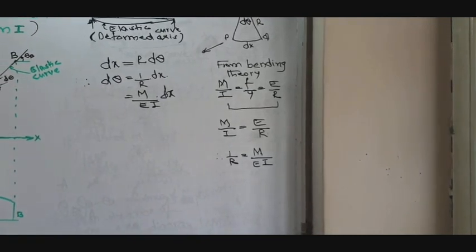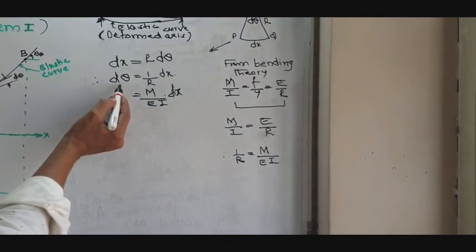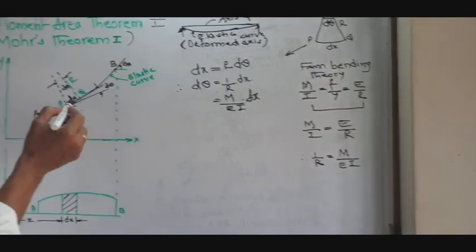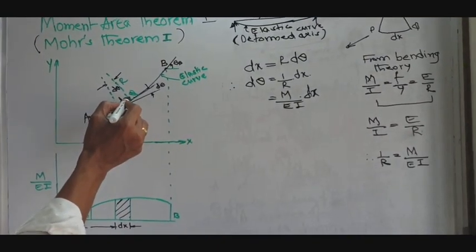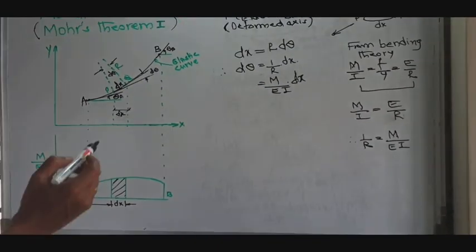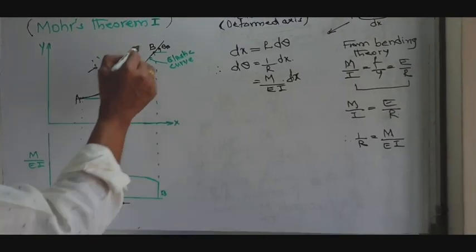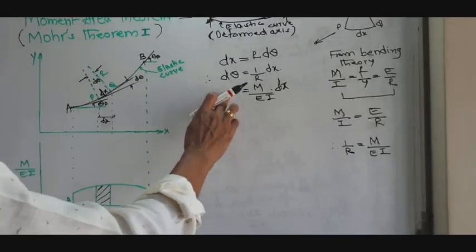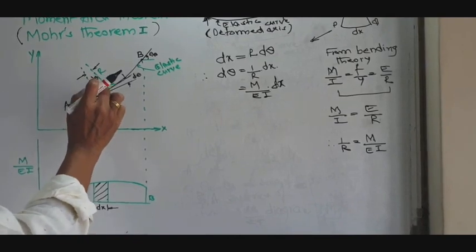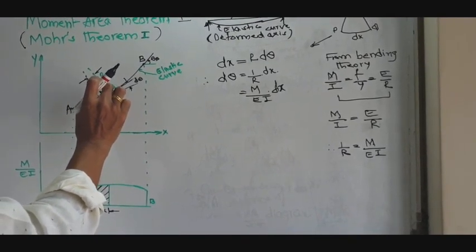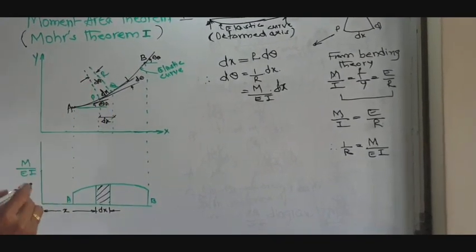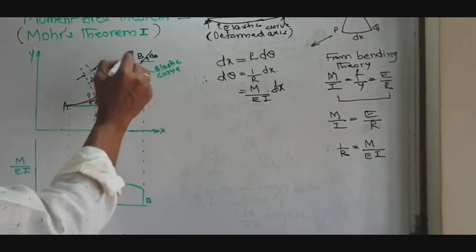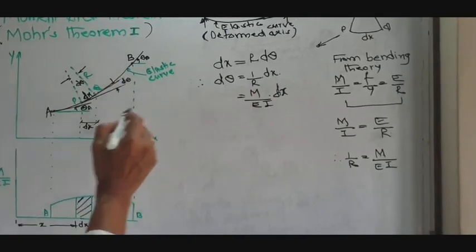M by EI into dx. What is d theta? I said d theta is nothing but the change in slope between the points P and Q. Now, to get the change in slope between, say, A and B, this is the expression for change in slope between the two points which are at a very small distance, say, dx. To get the change in slope between these 2 points A and B, we have to integrate this between the